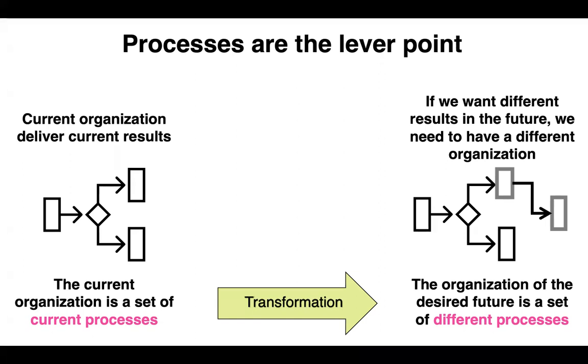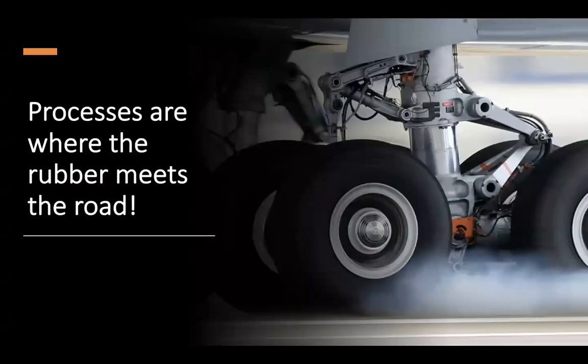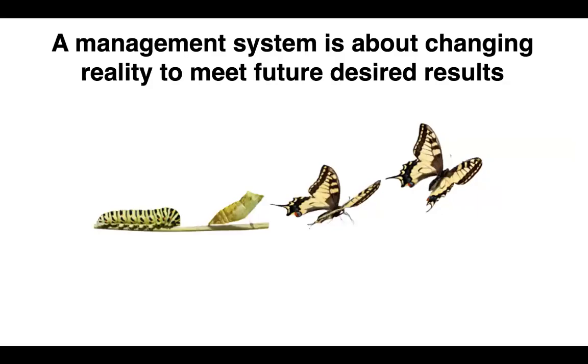That's why I like to use this kind of image. Processes are where the rubber meets the road. It is through processes that we act and change an organization. Now, this changed everything. This makes us think about processes and the management system as about changing reality to meet future desired